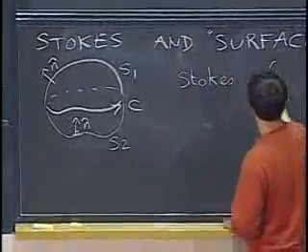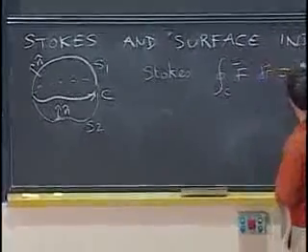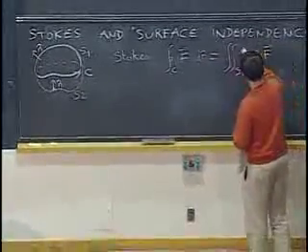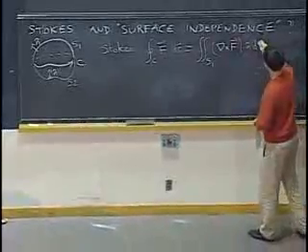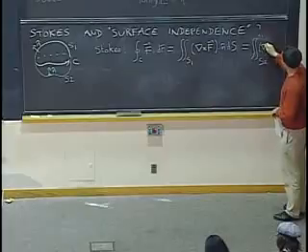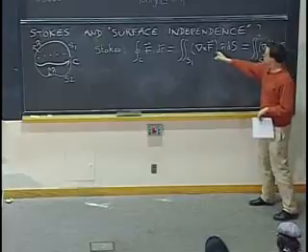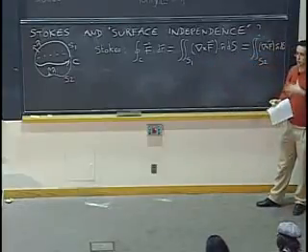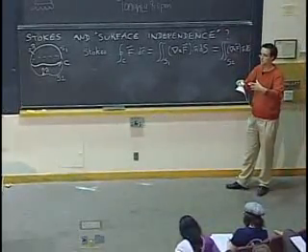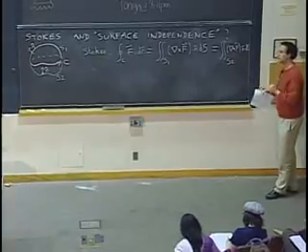So Stokes says that the line integral along C of my favorite vector field can be computed either as a flux integral for the curl through S1, or as the same integral but through S2 instead of S1. That seems to suggest that curl F has some sort of surface independence property. It doesn't really matter which surface I take, as long as the boundary is this given curve C. Why is that? That's a strange property to have. Where does it come from?